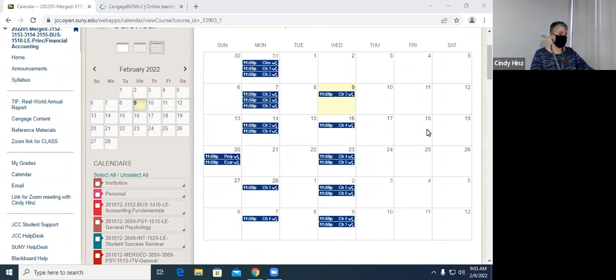So last class we started chapter 3, we talked about the adjusting process. We explained why we needed to do this adjusting process at the end of each accounting period, because some of our transactions span more than one period, because we don't use cash basis accounting, we use accrual accounting. And so for that reason, we need to